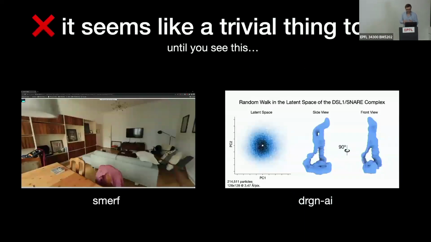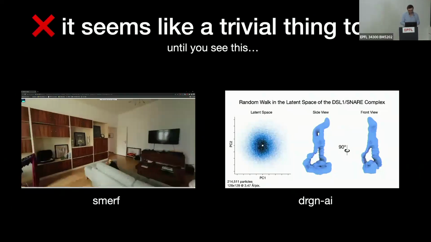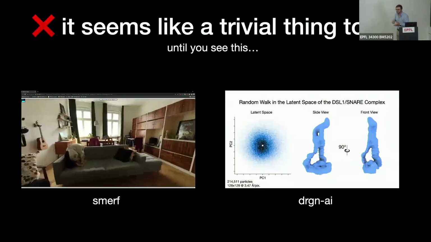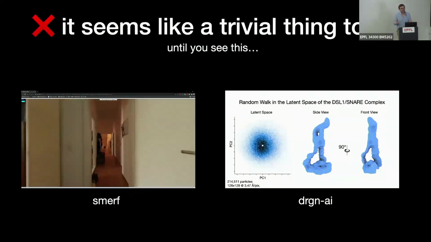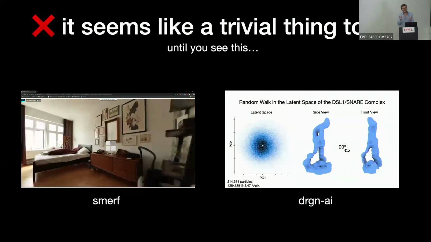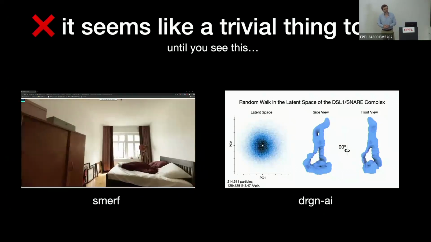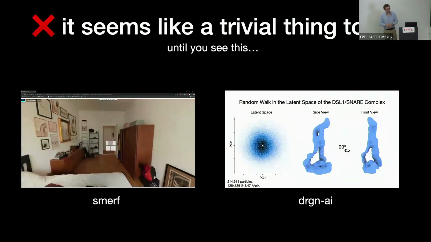And yes, you could say maybe it's a trivial thing to do, but this thing originated in computer graphics and computer vision communities. Here is one example of an application of this. The video that you're watching there is not a real video. There are no pictures taken by a camera inside. This is a render from one of these big neural fields, right? So this is a fantasy of a neural net.